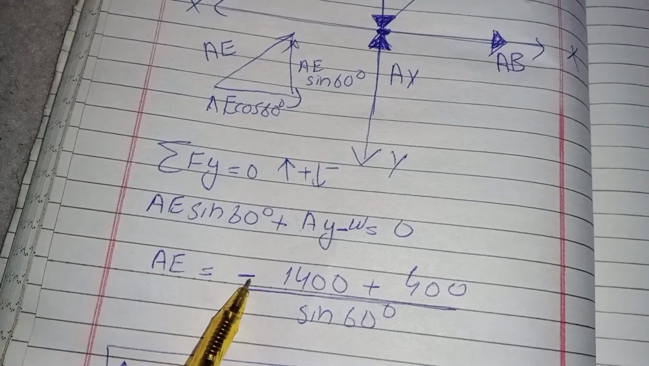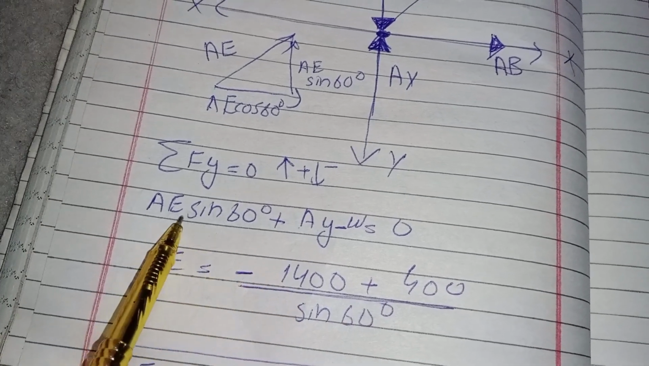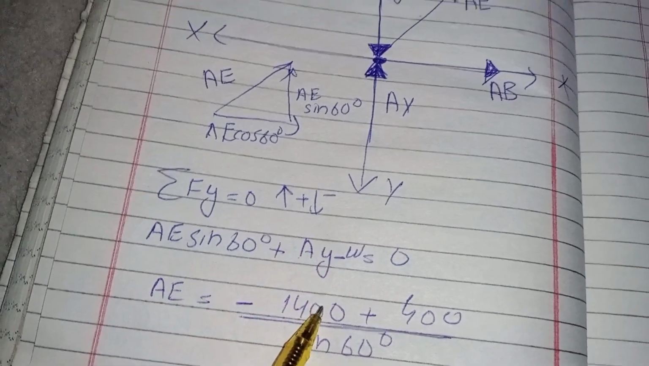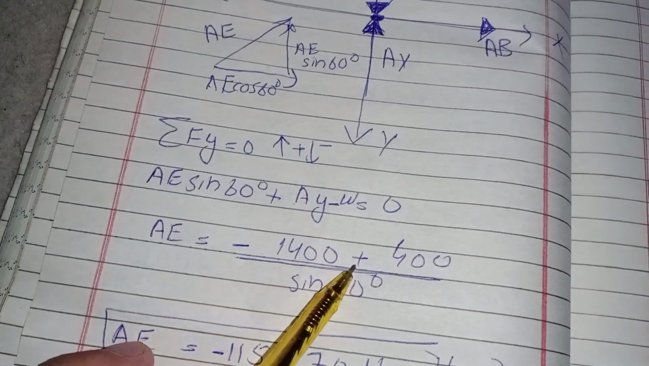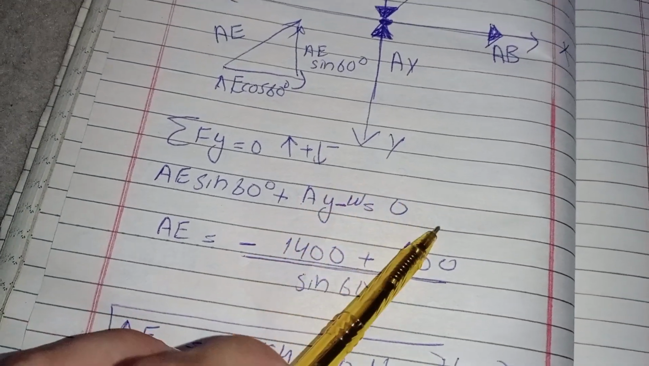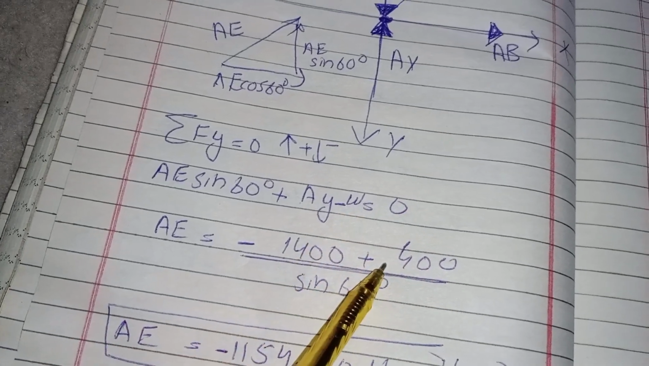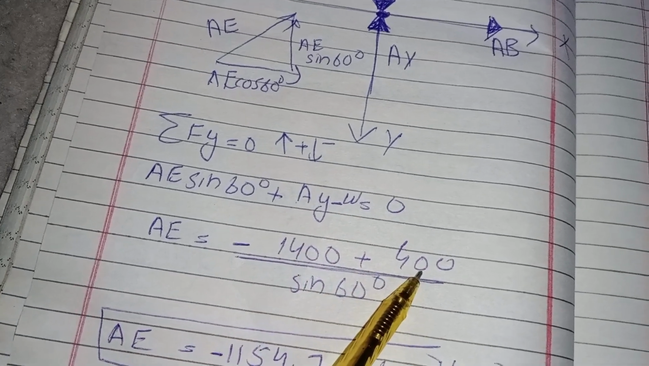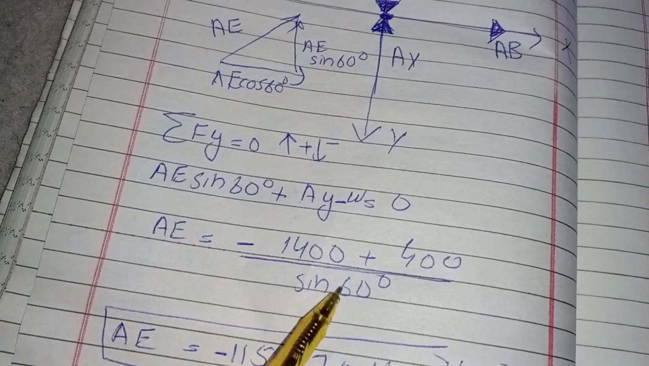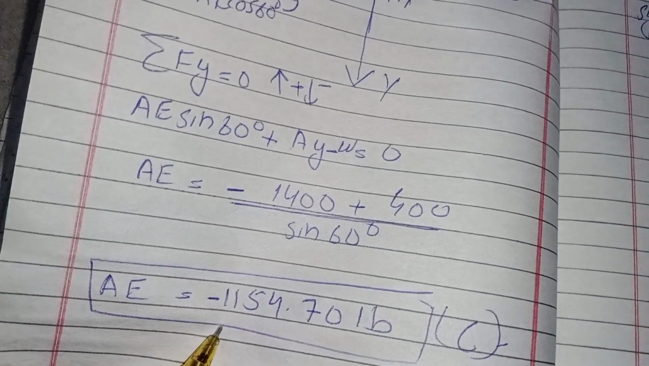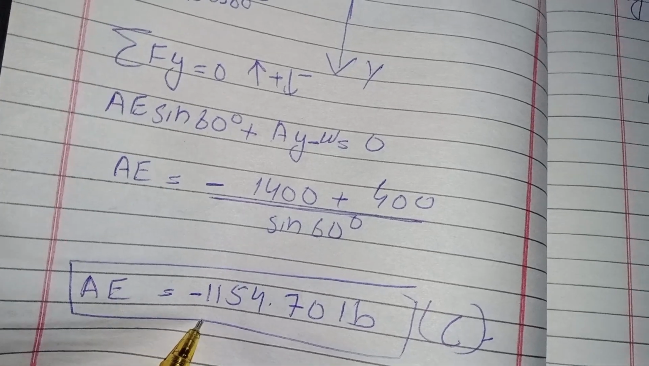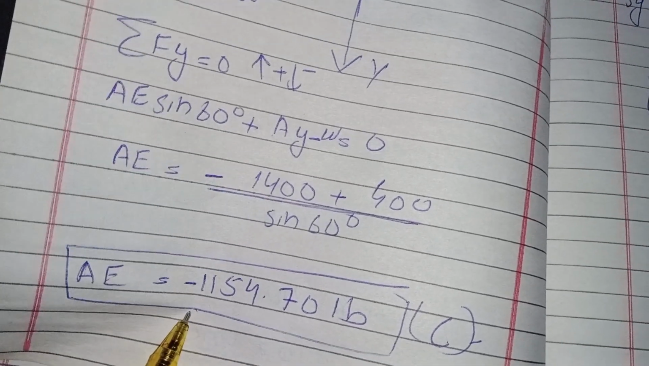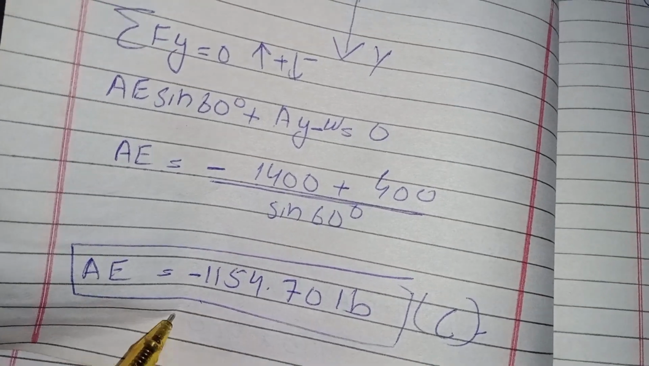So AE will equal negative, in the place of Ay it is 1400, which is this 1400 pound, plus, when I move it to the right, it will be plus 400, divided by sine 60. So AE will become negative 1154.7 pound. The negative sign shows that it is in compression. Okay,